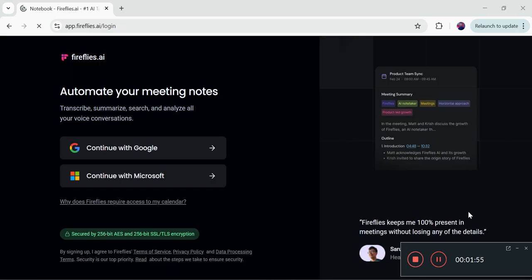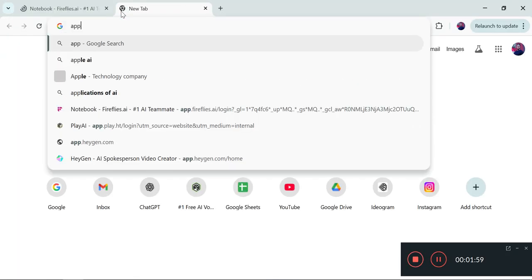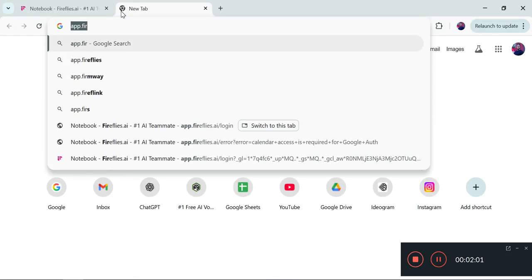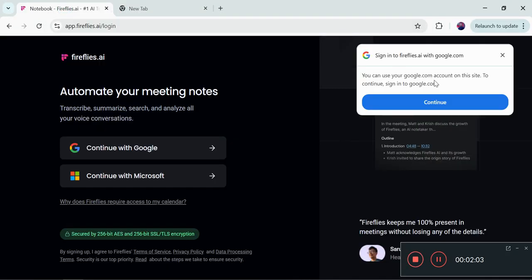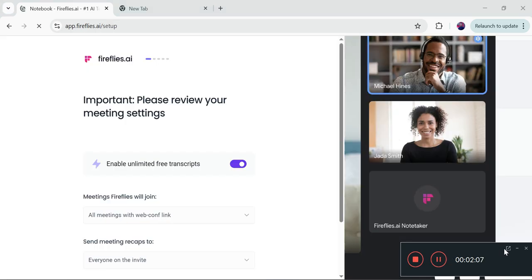So finally our account has been created on this website, and then you will just go to the main page of Firefly. Let me check if it has successfully logged in. No, it's still giving us the error. Let me do it again. So yes, finally our account is created.